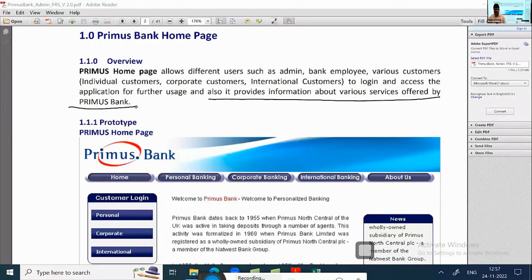Supposing a person wants to apply for a loan, they come to the website and go to the loan section, housing loans. There is a link available called housing loans in the homepage. They click, and they should be able to see the appropriate content. So here we have to check not only the login section, but also whether the various links present in the homepage are working or not: about us, contact us, branch locator, something like that. So based on this, my next scenario is